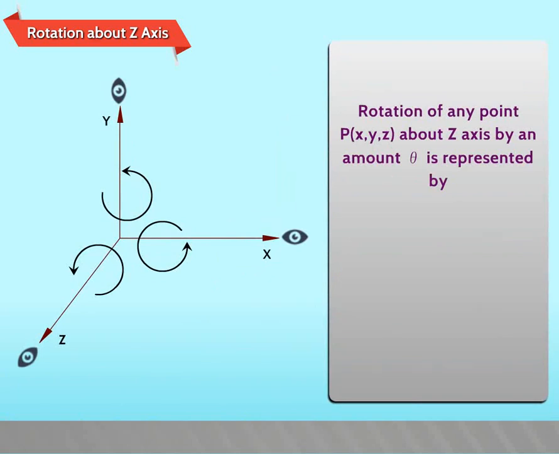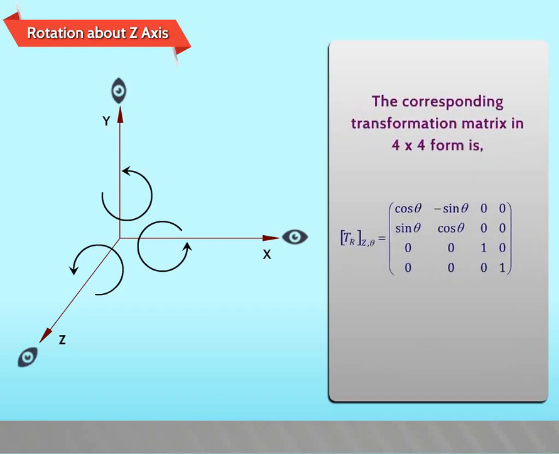Rotation of any point P of x, y, z about the z-axis by an amount theta is represented by x dash is equal to x cos theta minus y sin theta, y dash is equal to x sin theta plus y cos theta, z dash is equal to z. The corresponding transformation matrix in 4x4 form is